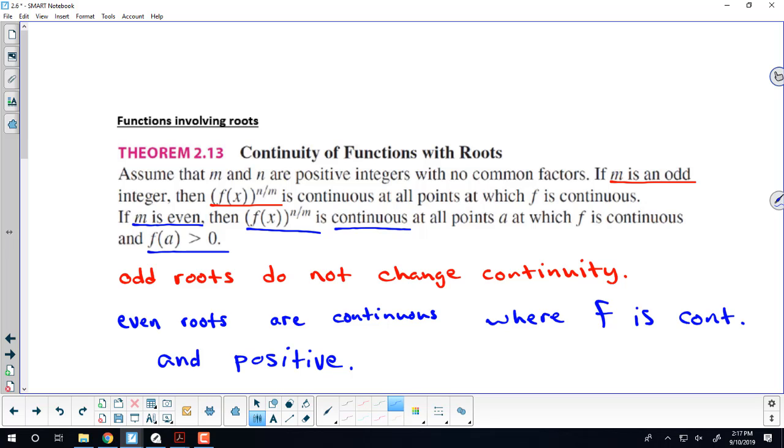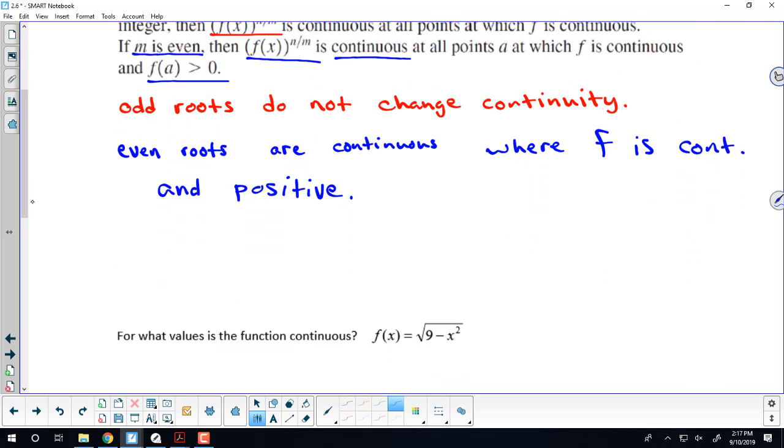So notice it doesn't say anything about continuity at 0. It doesn't say it's continuous where f is continuous and where f of a is larger than or equal to 0. It's just strictly speaking of positive values. A function where we're taking an even root and we have to be mindful about continuity at 0 would be just the square root of x. For example, if f of x were the square root of x,